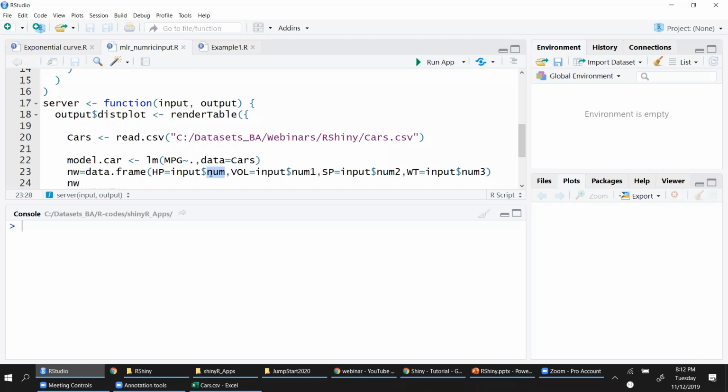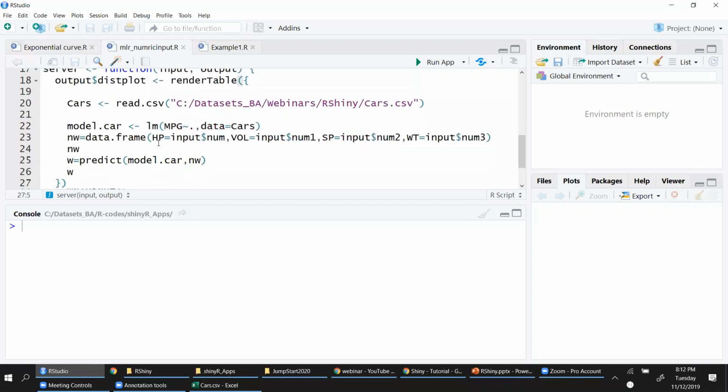So these are the variables that I've defined. I'm defining them as input variables where the user has to pass these values. So horsepower is number, volume is number 1, top speed is number 2, and weight is number 3. And I am using the predict function here on the new data using this model that I have developed.